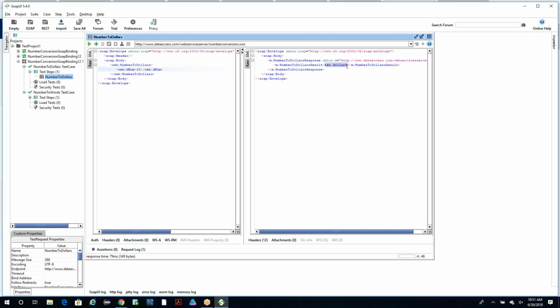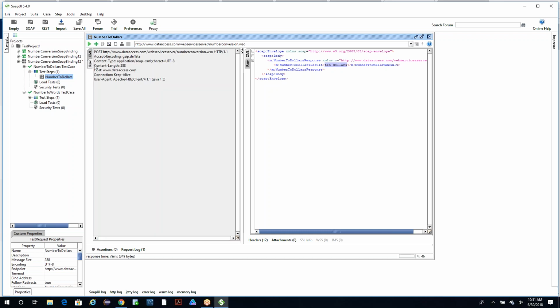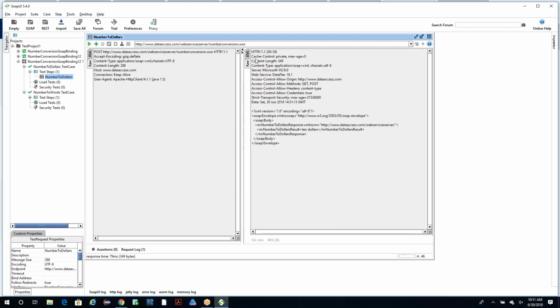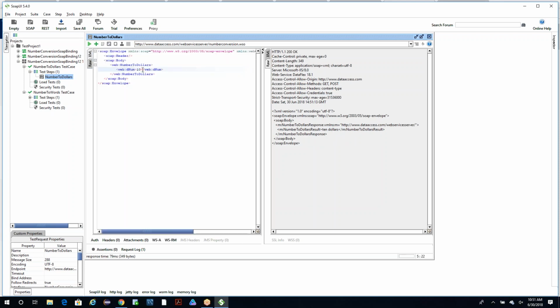So this test is passed, right? And look at the XML. And if you want to see the raw data, this is the raw data, it sends a post and it should get a response here, $10 here. So what is happening here is, as we explained before, it's sending a request to a dedicated server, saying, okay, I want to convert 10 to text, and the server actually received that